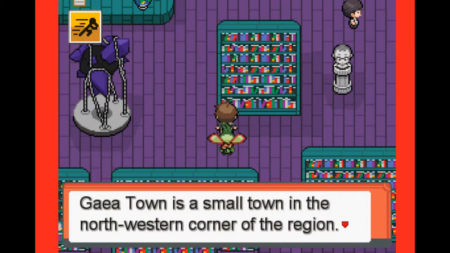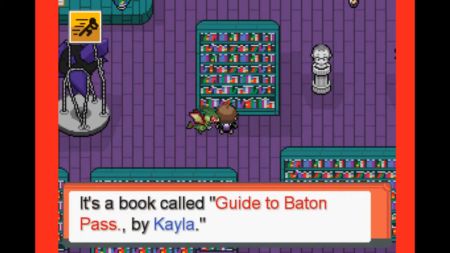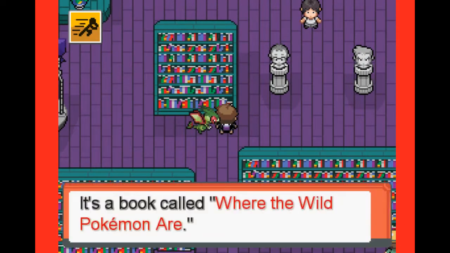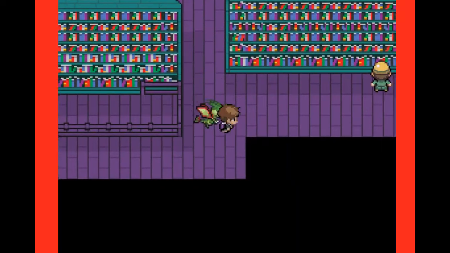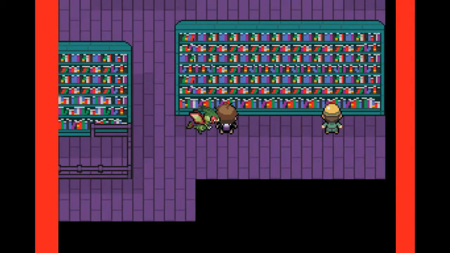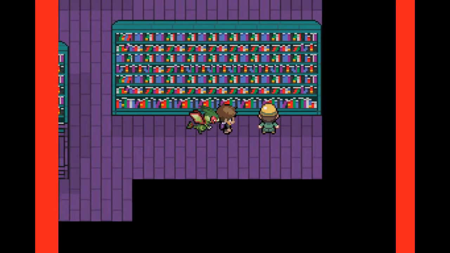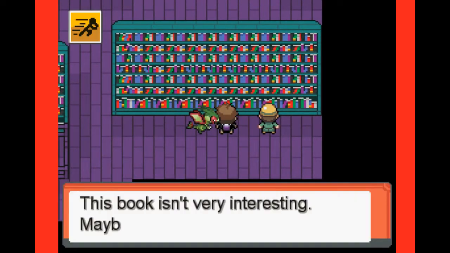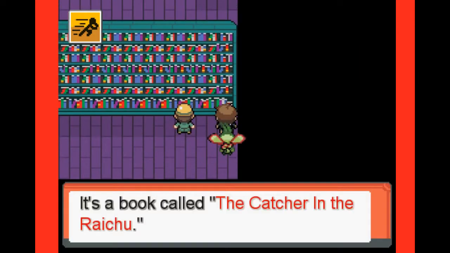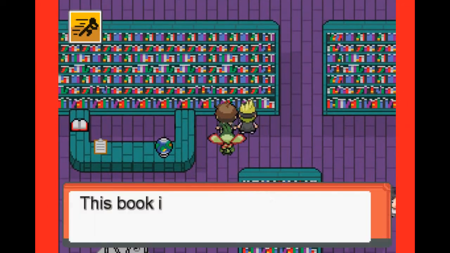What's this? That is actually major spoilers for something, so I'll just skip through that. Baton Pass by Kayla. Okay. Where the wild Pokemon are, that would be helpful for this game, because there's another mon I'm looking for. Video games, no. Team building basics. I swear there's something I'm specifically looking for, but I can't find it. Where is it? There's also that book that we're looking for, that guy outside wants, so...